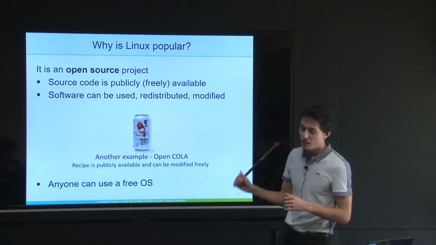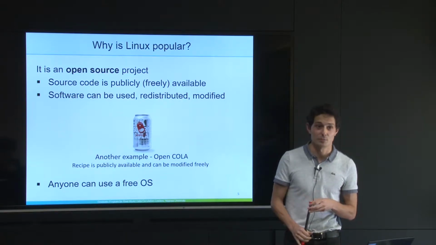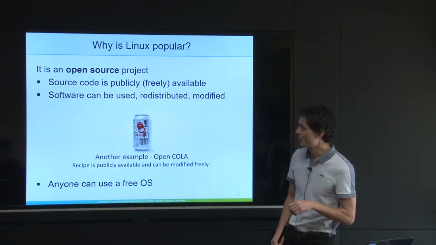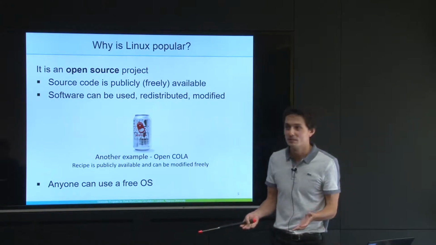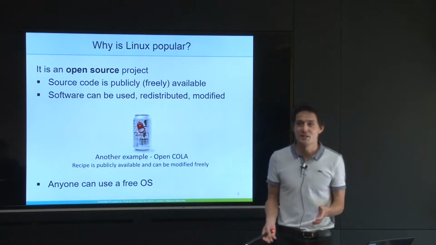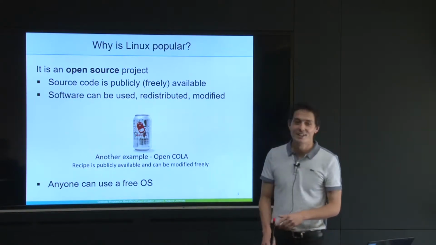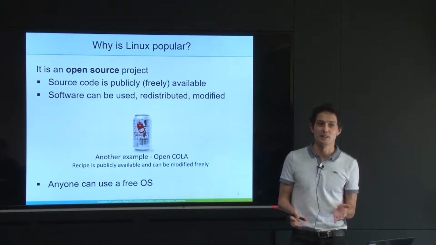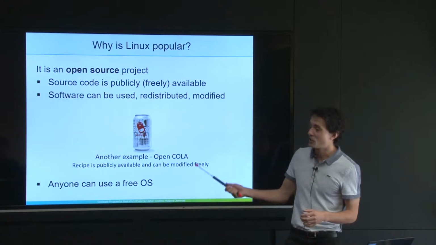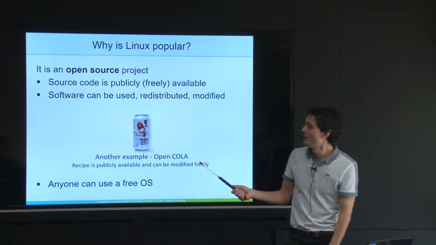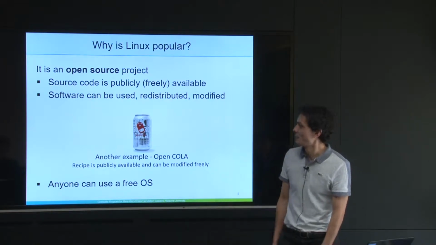So there are other examples of open projects. Hardware projects, such as an open source computer. But one simple example is OpenCola. If you wanted to try and make Coca-Cola, you can't find the recipe anywhere because it's closed source, if you like. There's no recipe which you can download and try to make it for yourself. But people have tried to make something which tastes like Coca-Cola and made the recipe open to everybody, so it's called OpenCola. I haven't tried making it, but